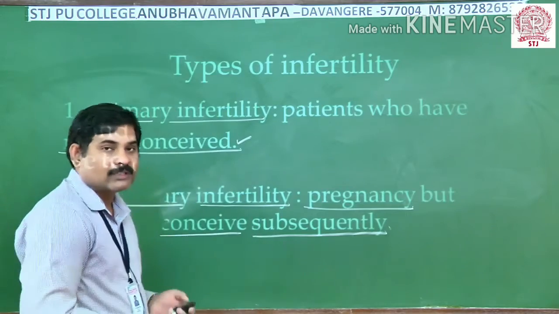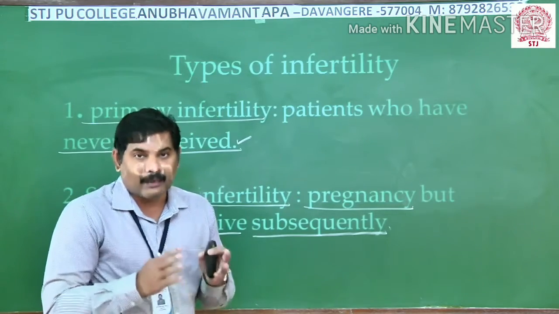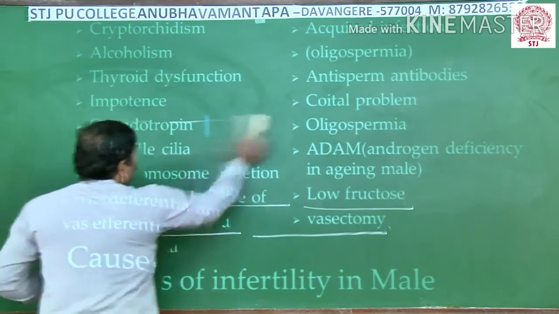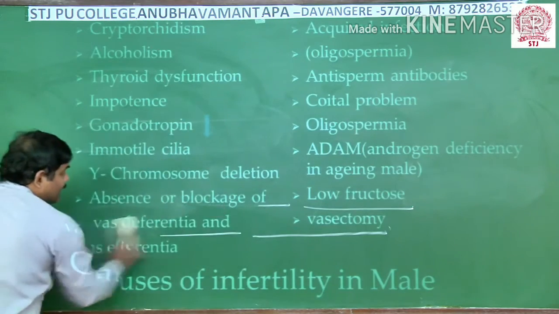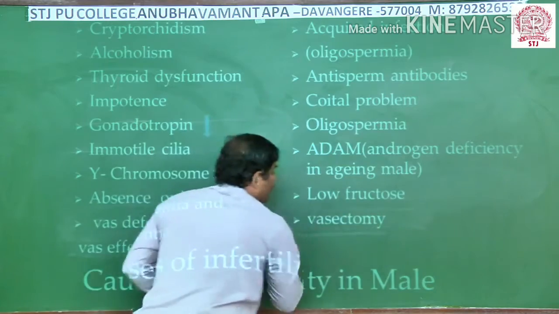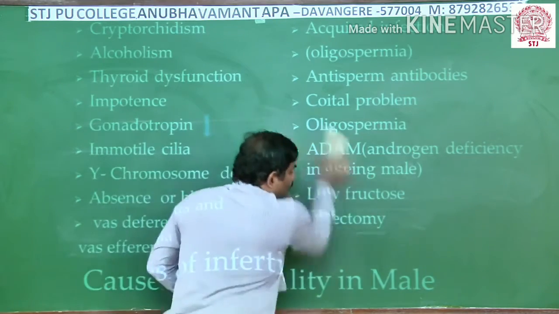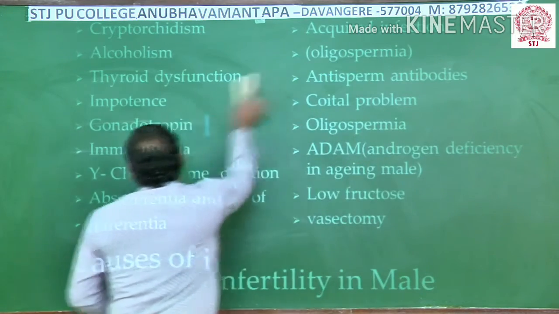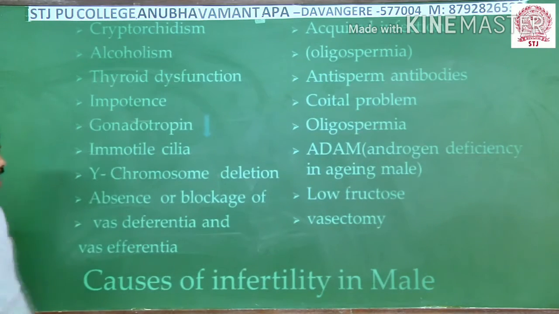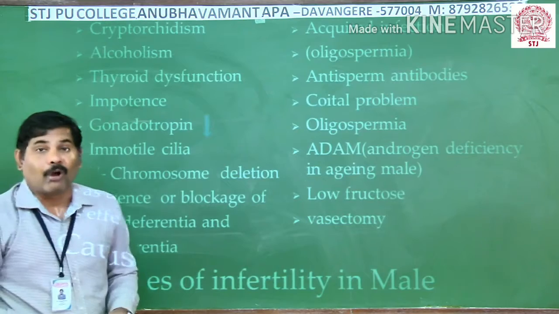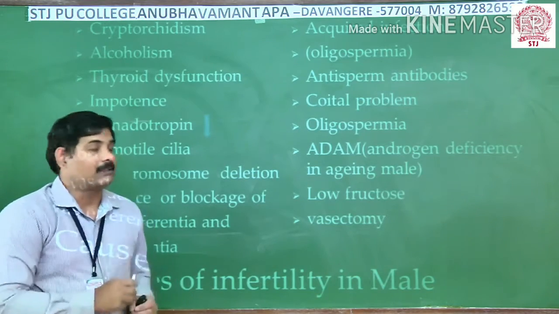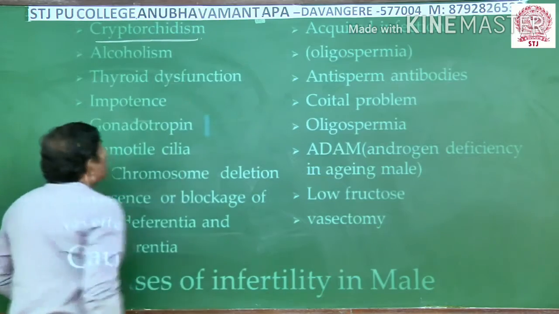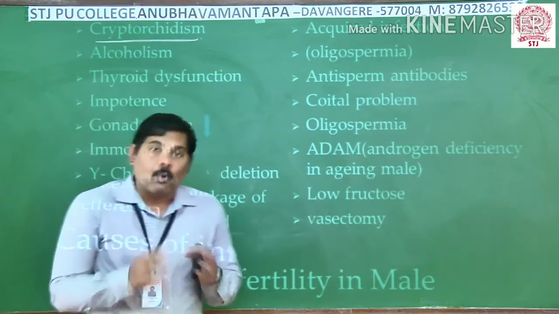Now, I am going to focus on the causes for infertility in males particularly. See this list. It includes the different types of reasons in males. You have to remember that many causes are there. It is not caused by a single factor or single problem. So, a group of problems may cause infertility in males. Let us see the first one here. It is cryptorchidism. It's one important thing.